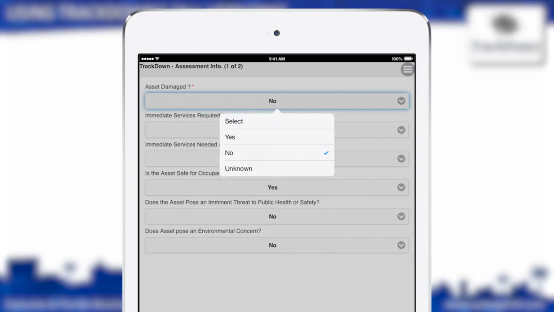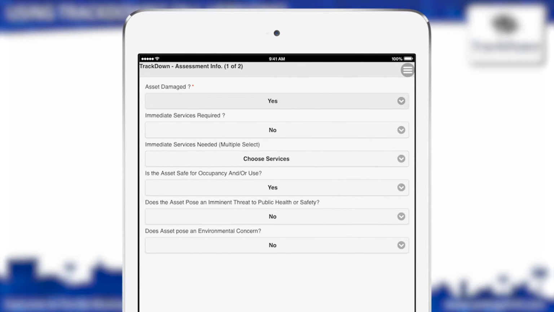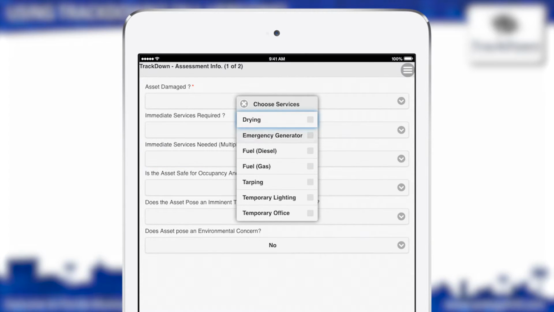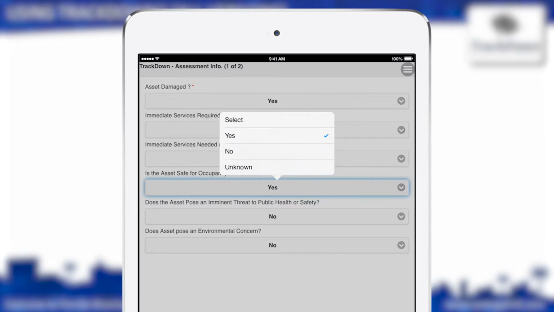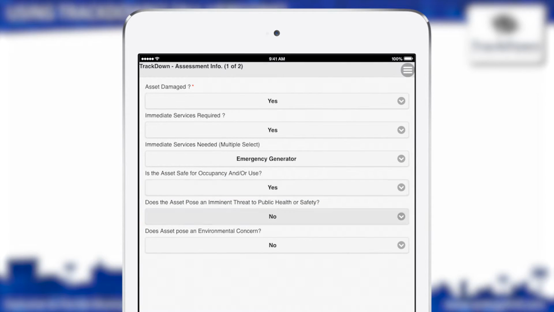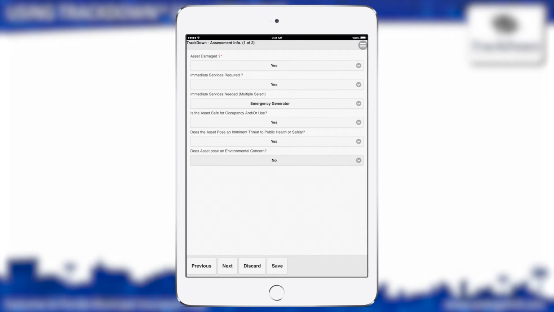If you select Yes, you can continue down the screen and answer the remaining questions regarding the need for and type of immediate services needed, if the asset is safe for occupancy, or if damages pose imminent threats to public safety or environmental concerns. Once you have completed this portion of the assessment, press the Next button to proceed to